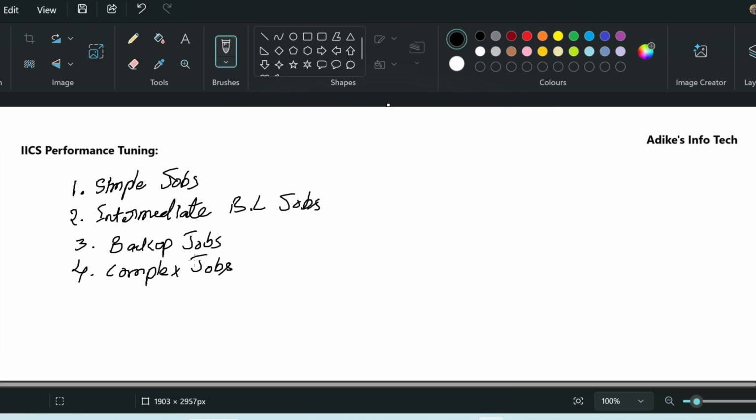Simple jobs are one-to-one loading from OLTP to staging layers, and some intermediate jobs are